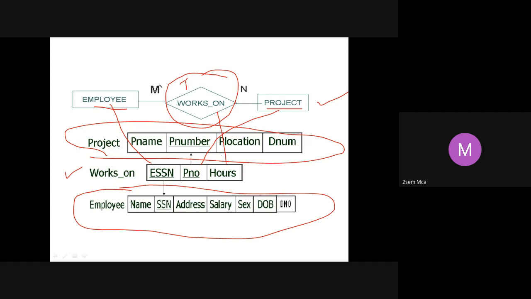The primary key of employee will be one column. The primary key of project will be one column. Apart from that, if the relationship itself has attributes, that will also come as one column in the new table that you are creating. Any doubts?